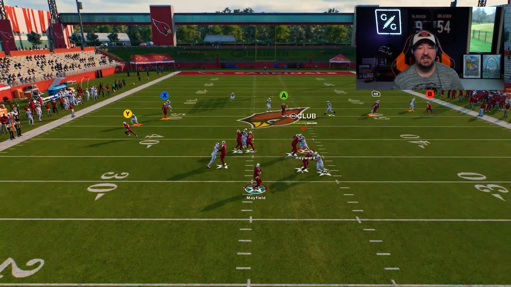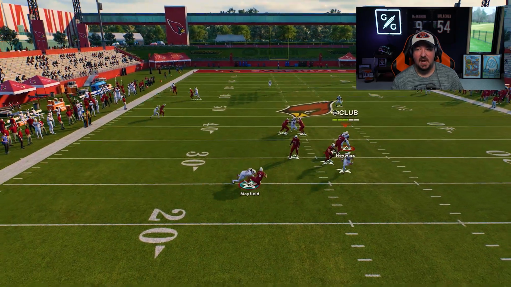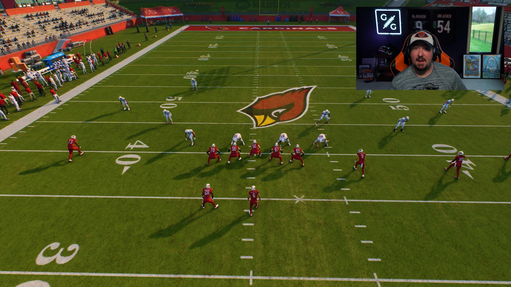But let's go back to understanding here. If we run something like this, look at how that seam flat on the right matches. Gronk is matching the crossing route, and then that other hook curl becomes the flexible player in this defense. So what do we know about the differences between cover 3 and cover 4 match? Well, we get slightly more active slot matching on the slot receivers because the seam flats do a little bit more than quarter flats do in quarters, but it does come at the expense of the flats being tougher to guard. So certain offensive spacings in a cover 3 match are going to give up the flat a little bit more easily. That underneath throw might be there,